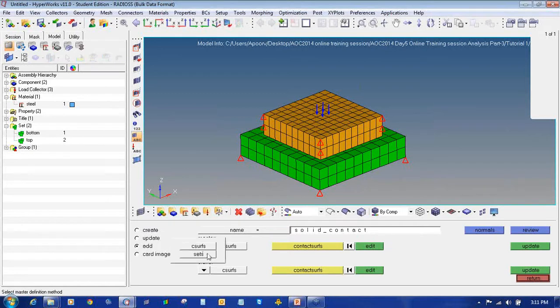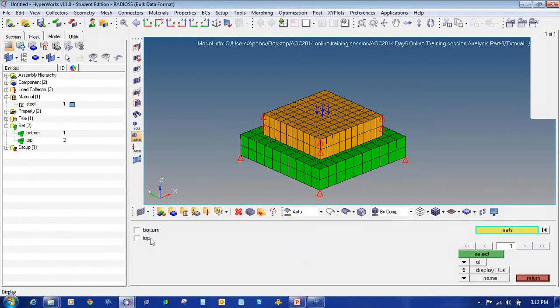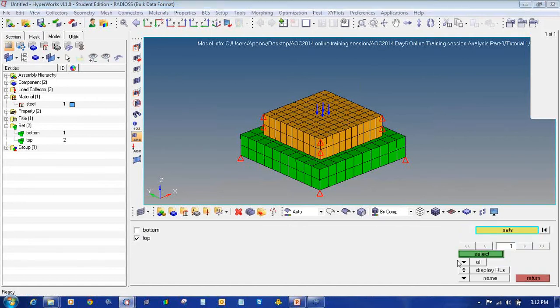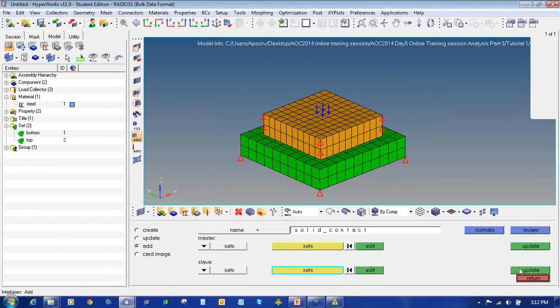In master, select set, click on set, select top. Sorry, for the master we will select bottom and say update. And again for slave we will select top and say update.